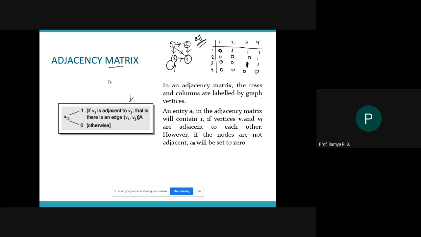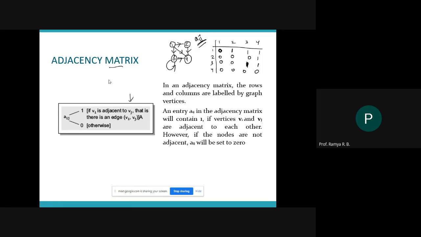Similar to adjacency matrix representation, we also have another representation called adjacency list representation, which is implemented using linked list. For all the data structures you have studied so far, there are two representations. Stacks can be implemented using arrays, and stacks can be implemented using linked list. Queues can also be. In the same way, trees and graphs, everything can be represented using both arrays and linked list. That is why they are referred to as ADT, abstract data types.